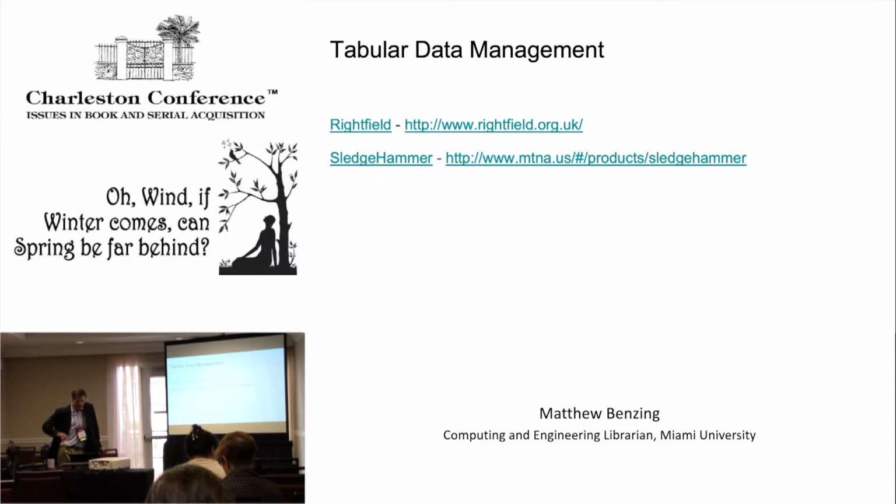Right Field is a little application for when you're dealing with tabular data, a spreadsheet of some sort. You right-click on a field and you're given a choice of vocabularies in a bunch of different disciplines, very granular as far as how much detail it goes into. You can choose one of those vocabularies, and it will make suggestions of what that label could be changed to that would be more standardized. Now again, we're going back to that issue of communication. There's some negotiation between you and the researcher about things you might think need to be changed.